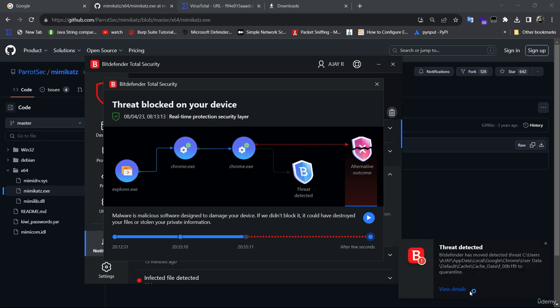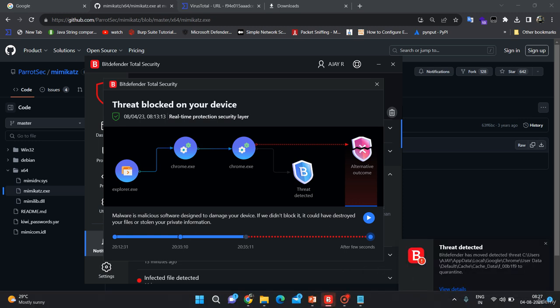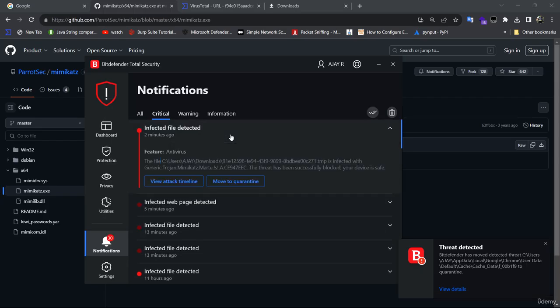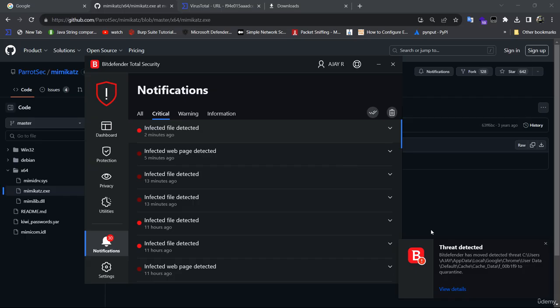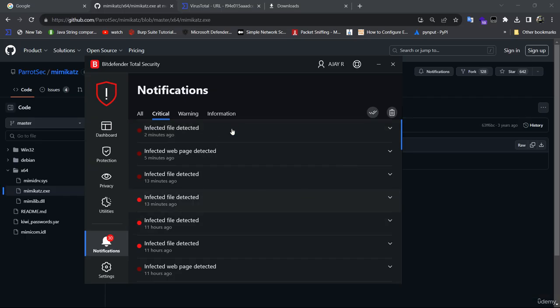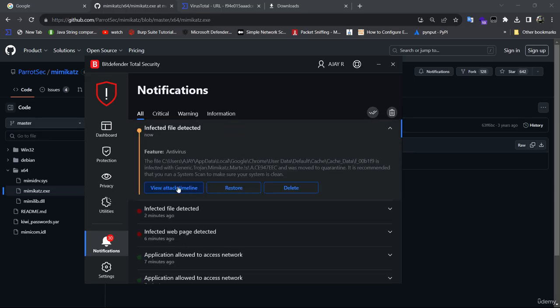Let's see this timeline. Yeah, now also some cache files get cleared, right? Because I visited the URL and tried to download the Mimikatz file. So this is how your antivirus software will work,